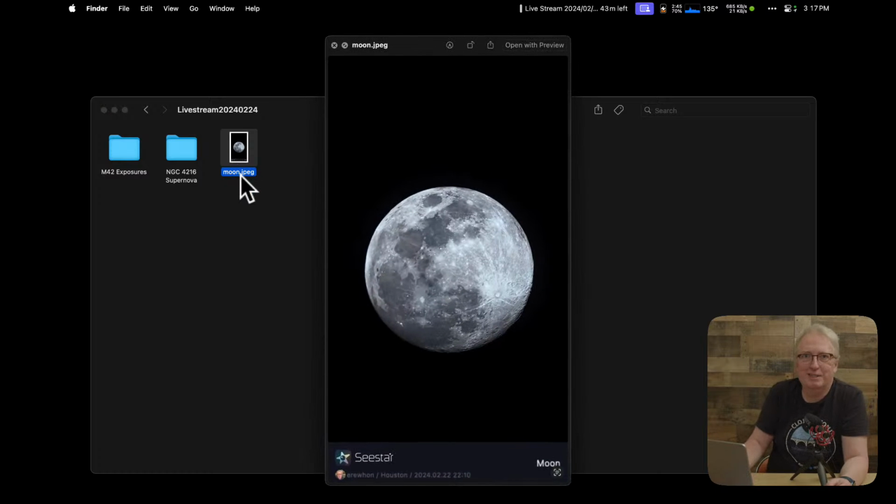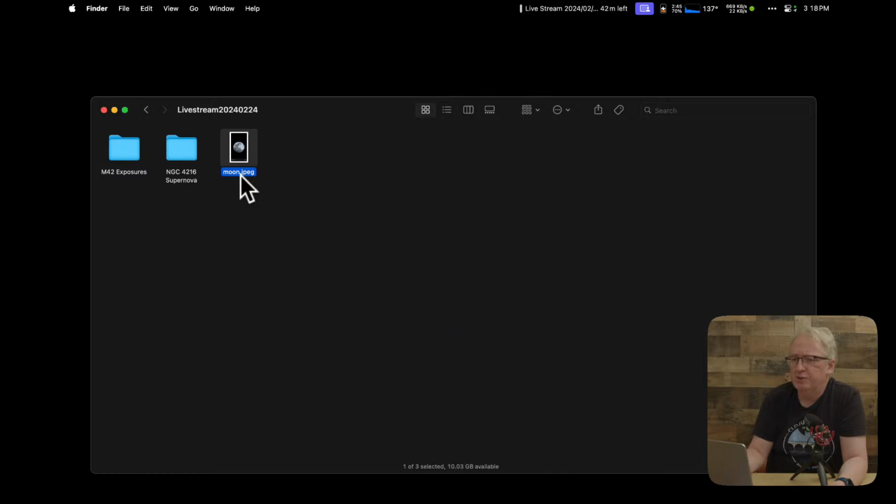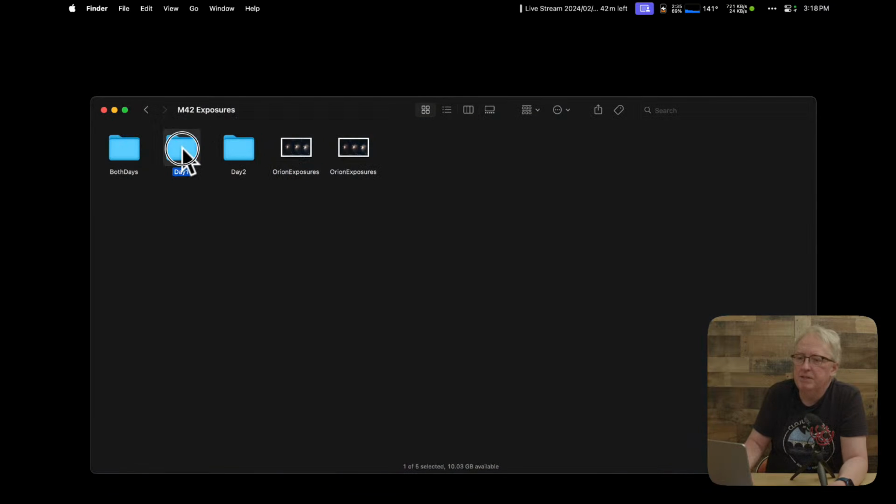Obligatory photo of the moon I took the other day, since this is basically what I was up against. If you've been out taking photos the last couple nights, last night was the full moon, or about last night? But this was Thursday night. It was pretty full. But what I wanted to bring up is, these Orion exposures, those are the ones I put on the community board, so we're not going to look at that. So day one,